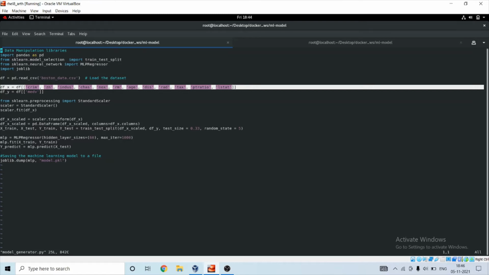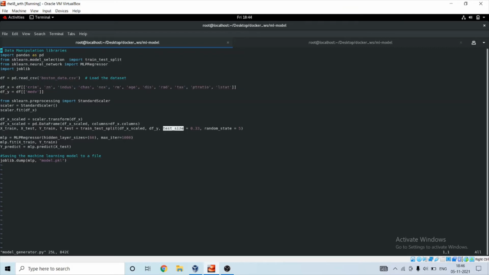Now we have performed the train test split, with a test dataset proportion of 33% and a train dataset of 77%. After that, we have trained our model and dumped our weights. So let's begin.